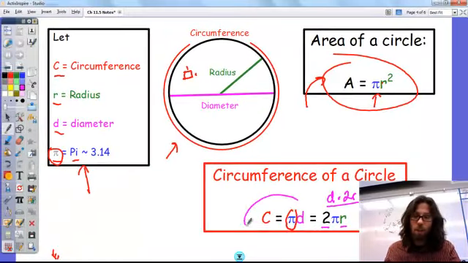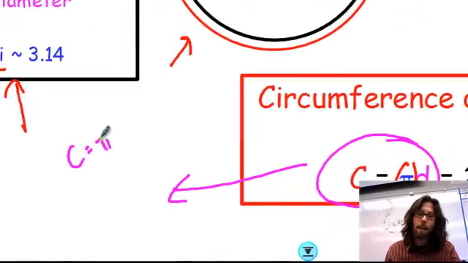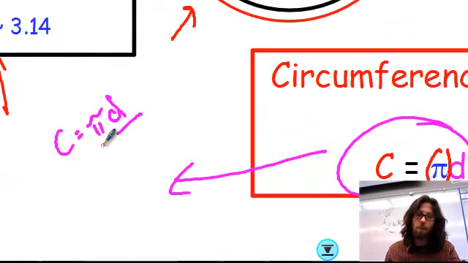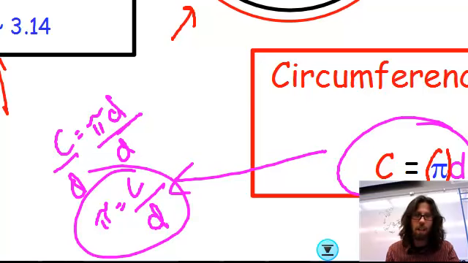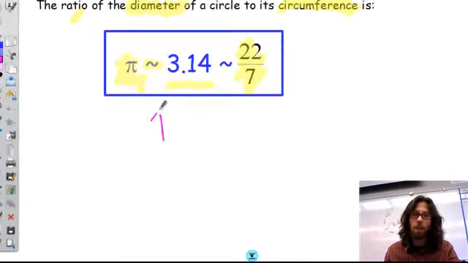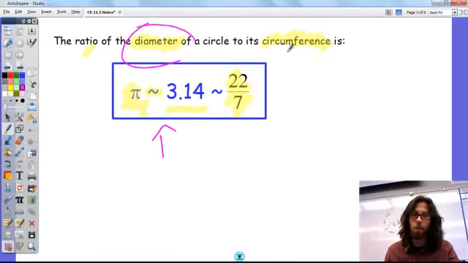All right, and we can also see from this equation here that if C is equal to pi times D, well, if we divide both sides by D, we see that pi is in fact just equal to the circumference over the diameter, which is what we said in our previous slide about the relationship, what pi